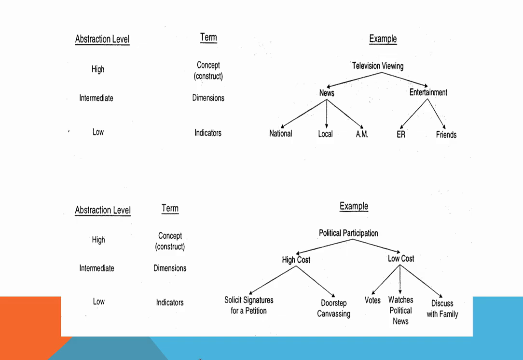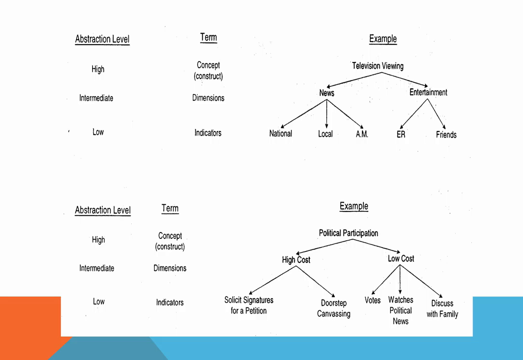get a little more precise, or more observable. Do you watch national news, local news, morning news? Because we know that each one of those has a different type of audience. So you might want to specify what type of news you're interested in. You can see here we have the concept, then the dimensions of the concept. I'll talk about dimensions next week, but many concepts have dimensions that represent them. And then you have measures: to what extent do you watch national news? To what extent do you watch local news?